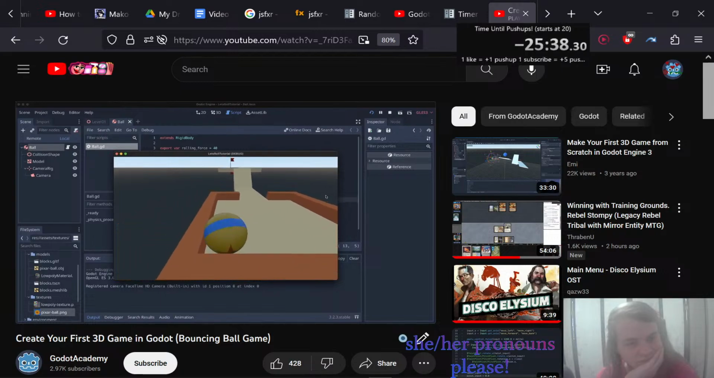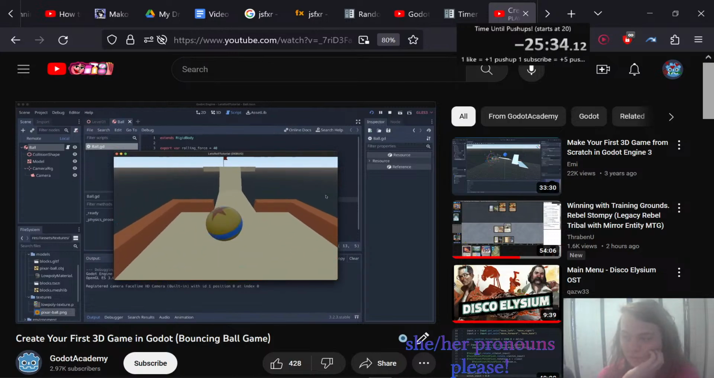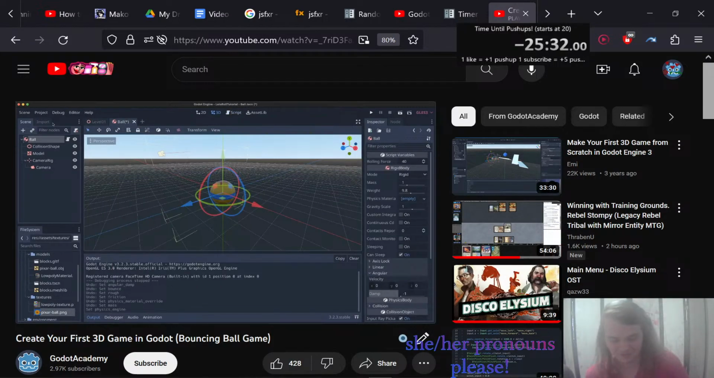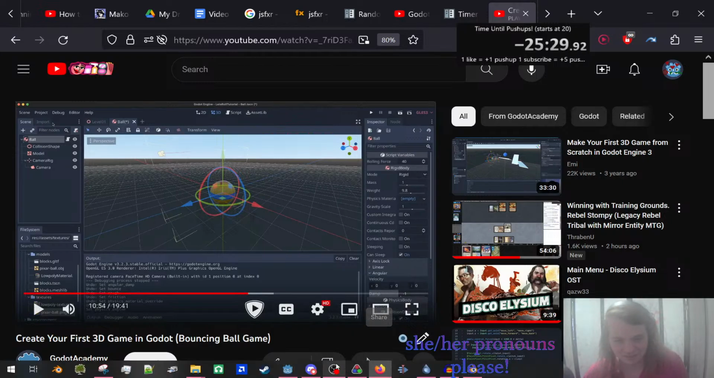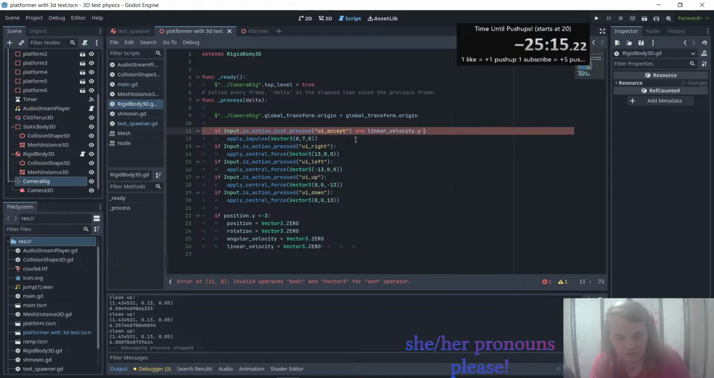If you try playing the game right now, you'll notice that the ball feels too light and too slippery. We want to modify its physics properties so that the gameplay feels more... Okay, that's not Godot's fault. That's my fault. What this should do is... I don't know how to ping context, so it's just gonna be like, and linear velocity dot y less